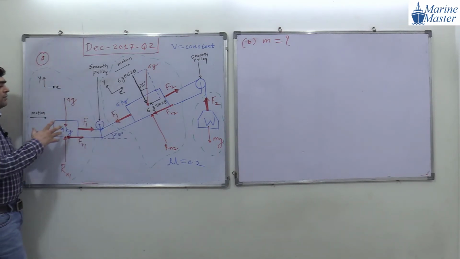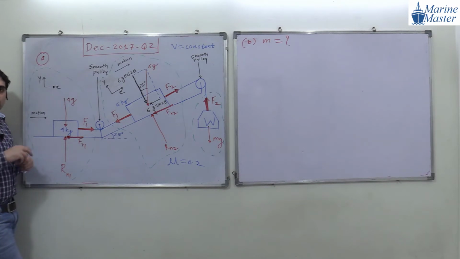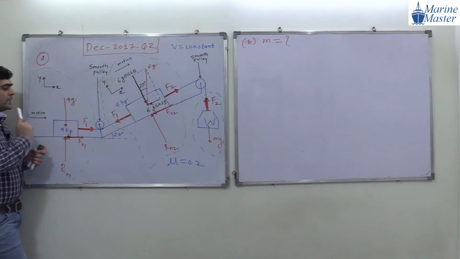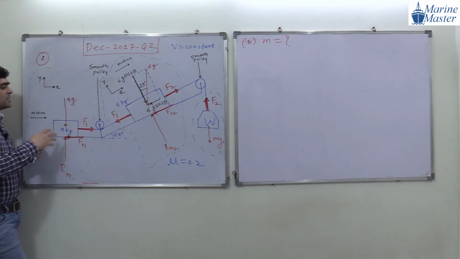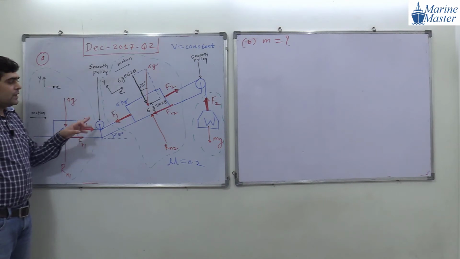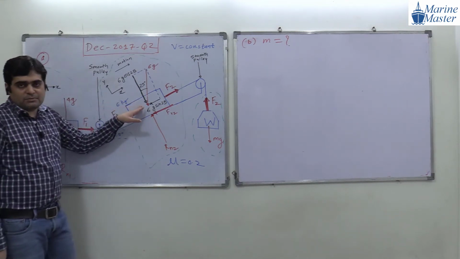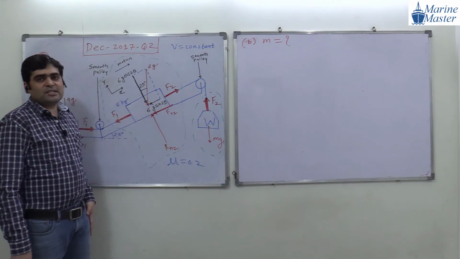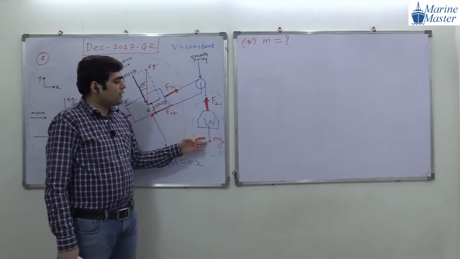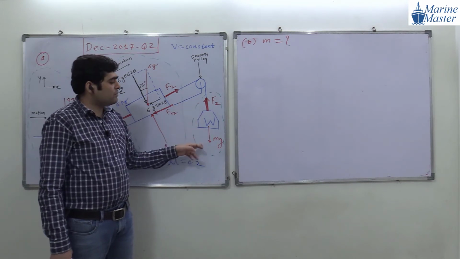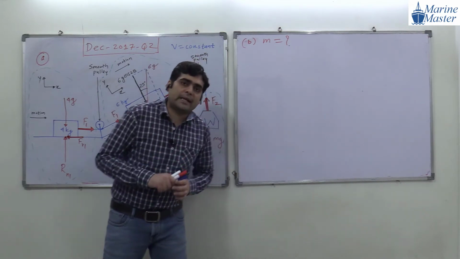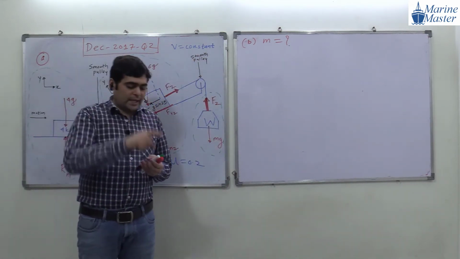First of all, we will start with the 4 kg mass. By using the 4 kg mass, we are going to find out F1. Then we will come to the 6 kg mass, and with the help of the 6 kg mass, we are going to find out F2. Then this F2 will be equal to mg, and from this F2 we will get the mass of the dead weight M. Okay, guys, are you getting my point?